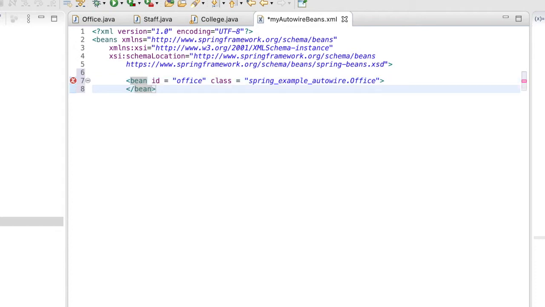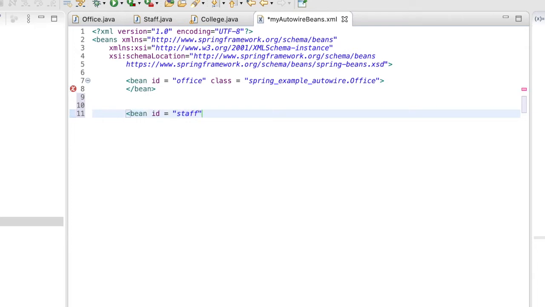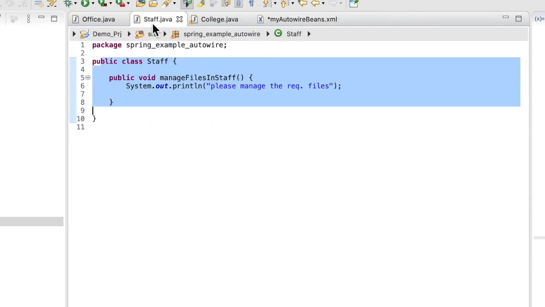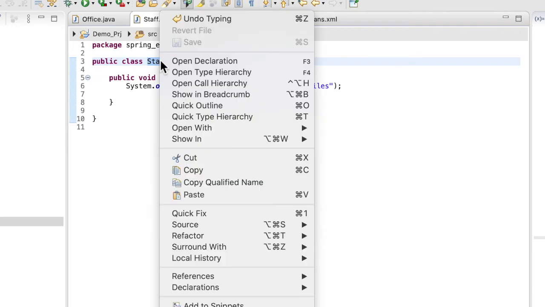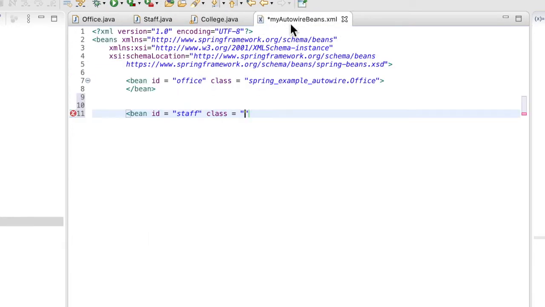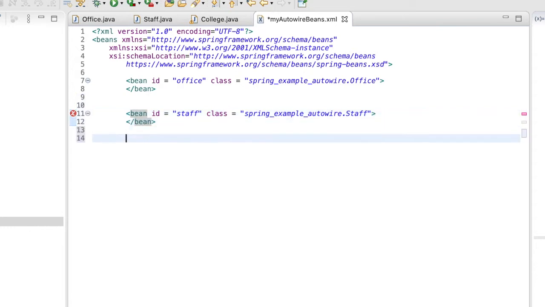And then I can have some changes inside this. Now the second bean I will have is bean id staff, with the class name of the staff. I will take the class name from here and paste it, and I will have to close this beans configuration file.